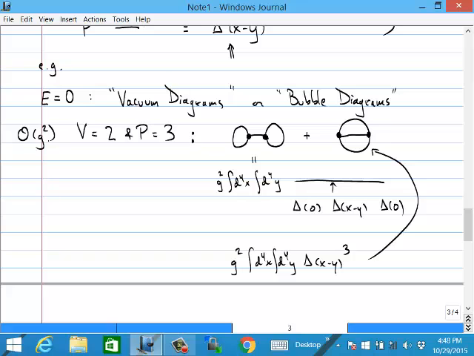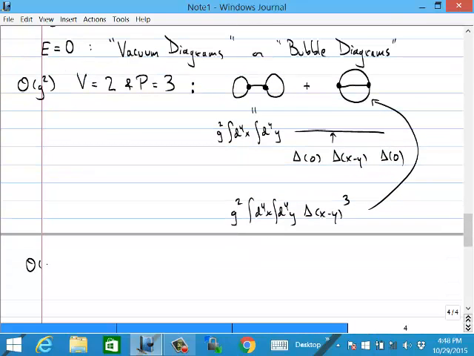So these would be the order g squared contributions. The order g to the 4th contributions would have v equal to 4 and p equal to 6. And so you then go ahead and try and write down all of the possible diagrams that you can with 4 vertices, each of which connects 3 different lines, and 6 total lines connecting them. Once you get the hang of it, it's really not hard to find them. Okay, I didn't draw that very well. But it's just 3 loops connected by 2 propagators. You can see there are 6 lines there. There's going to be another one